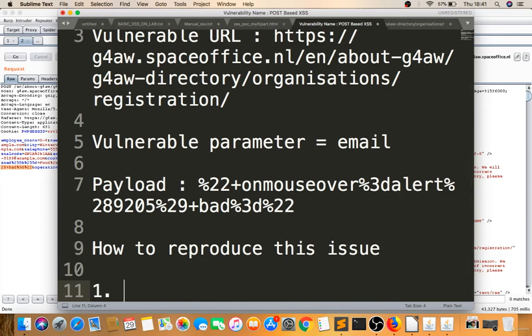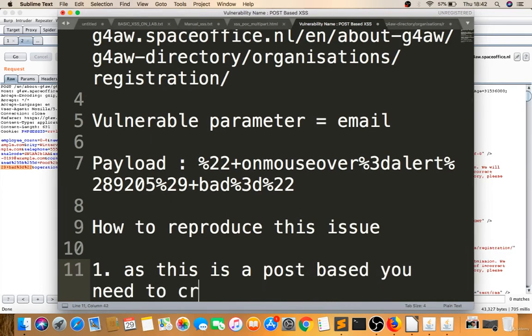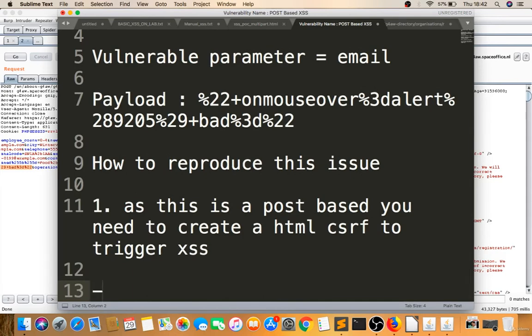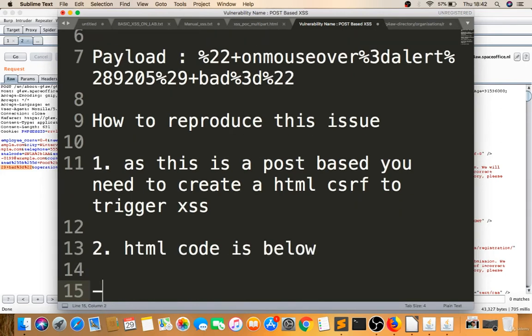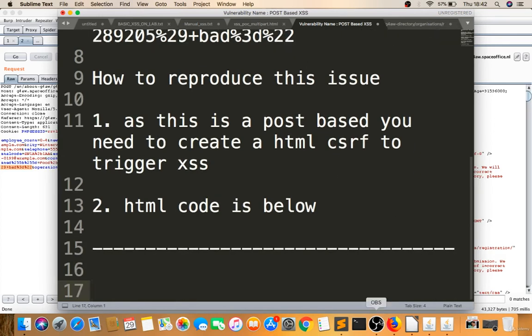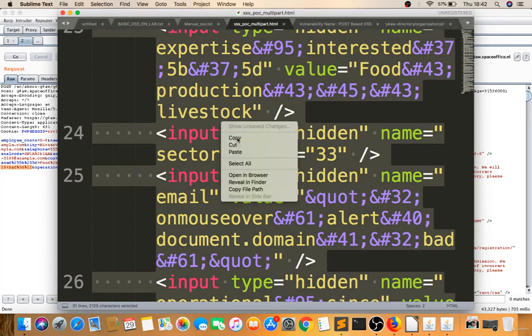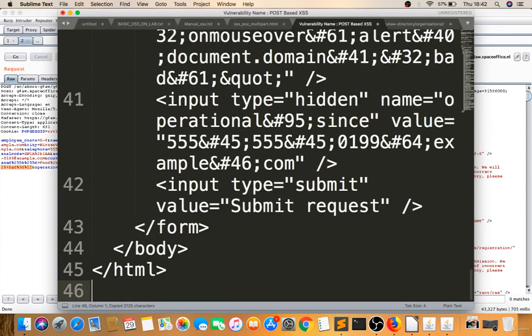So the first step is, as this is post based, you need to create an HTML CSRF to trigger XSS. So the HTML code is below. So I'll give the HTML code there. So the HTML code is this. I'll copy. Okay, now